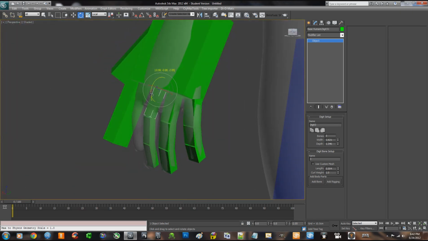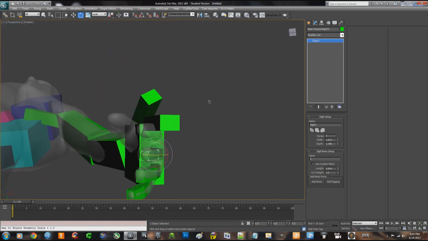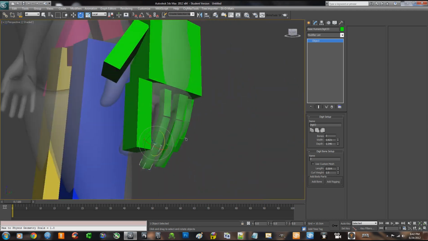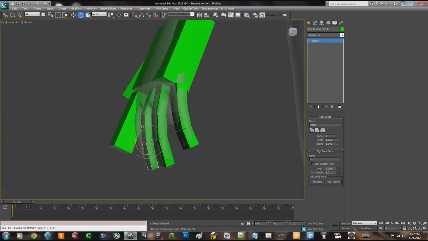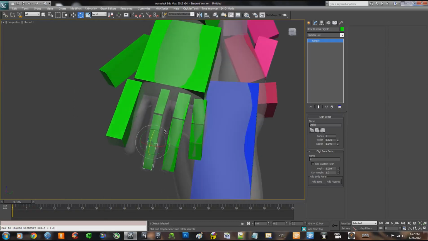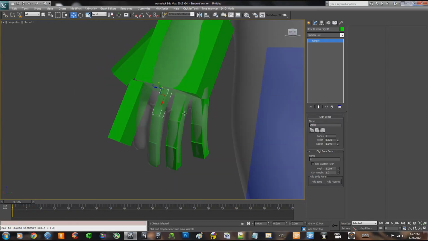Unfortunately, I think I want to bring that in just a little bit. And then rotate this back out a little bit, and then rotate the bottom one out a little bit. It just looked like there was too much bending going on. That looks beautiful. It does. Although I do want to scale this out, top one, just the top one,